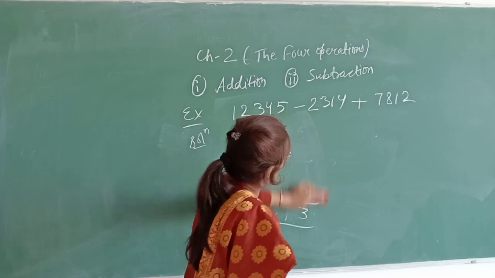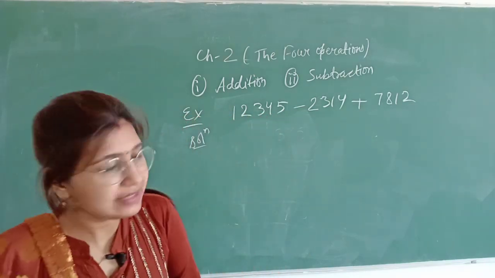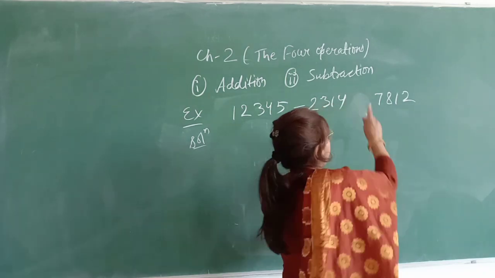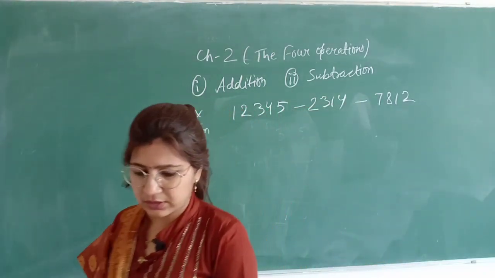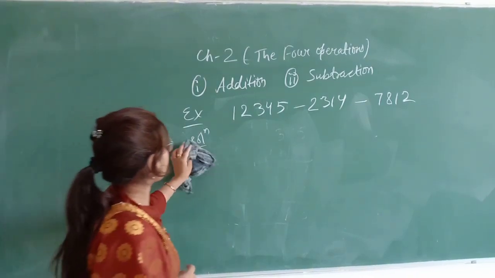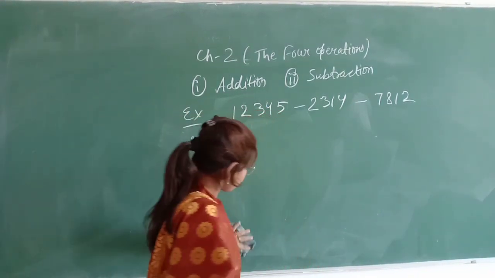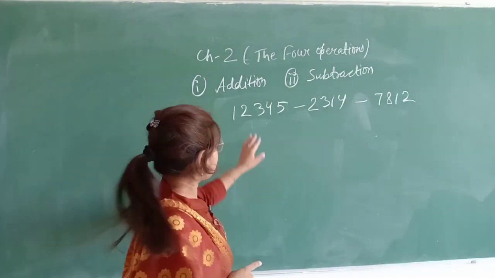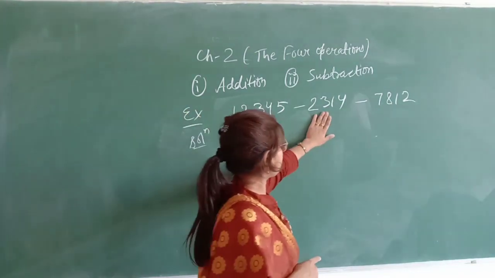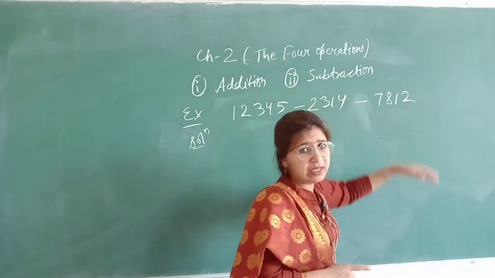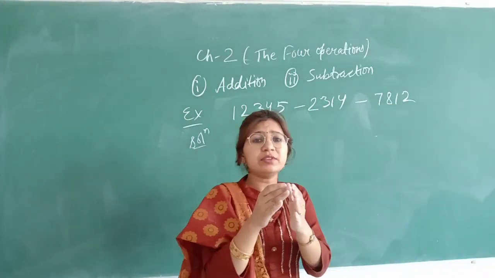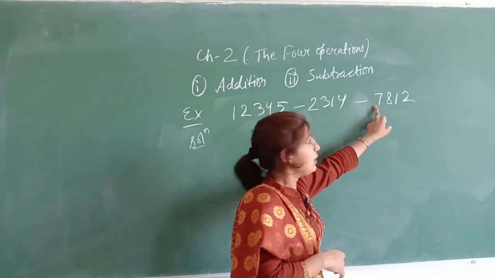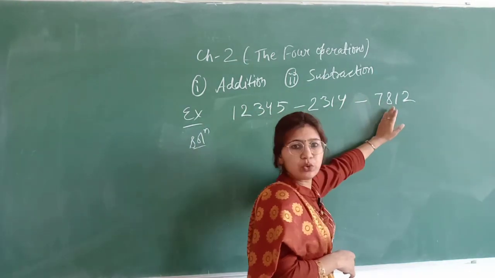Same question we will do. I will change the sign only. Here it is plus, minus, and I make this sign minus. Then how will you solve the question? See here, what I told you in the previous example, that you have to add the terms which have the same sign. Here see, it has a plus sign, this has a minus sign, this also has a minus sign. I said add the terms which have the same sign. See, this contains a minus sign, it also has a minus sign. First of all you have to add these two terms.